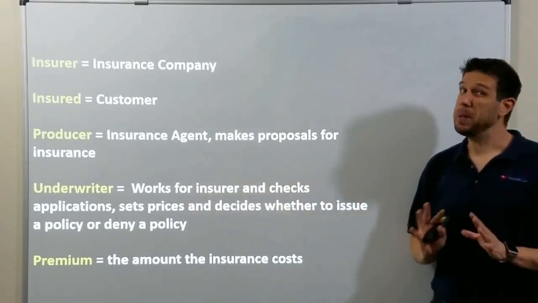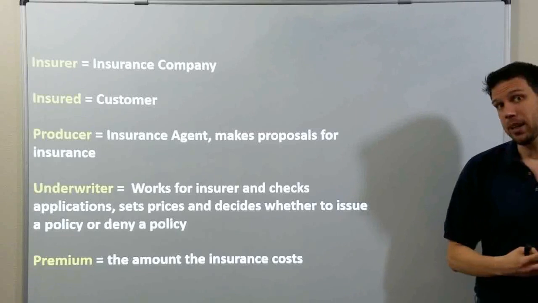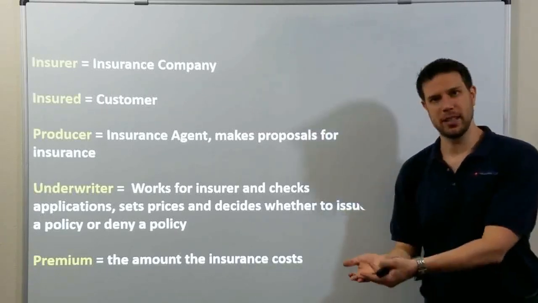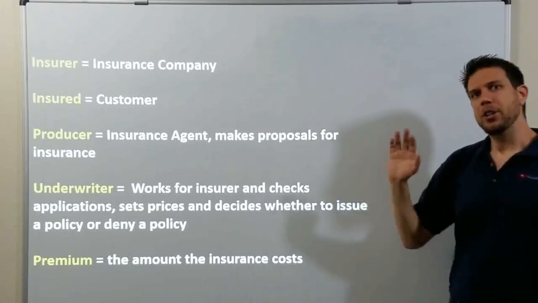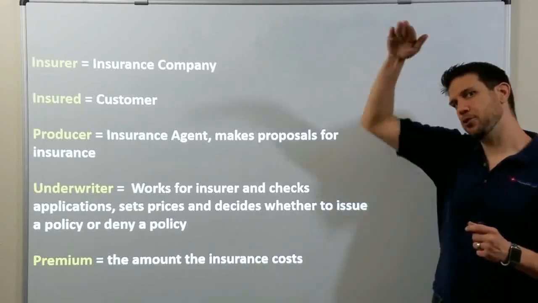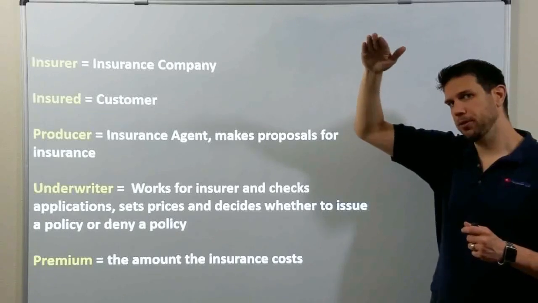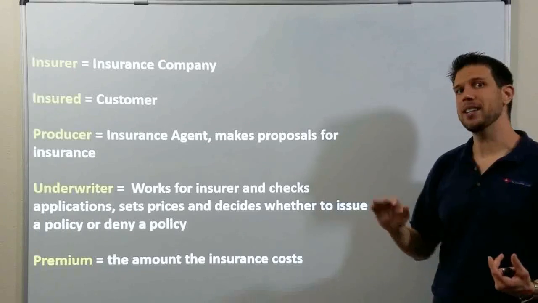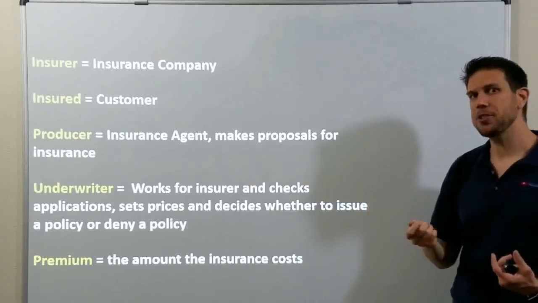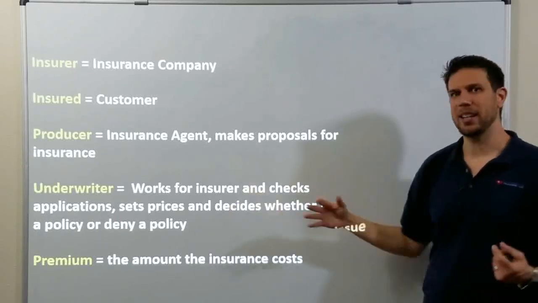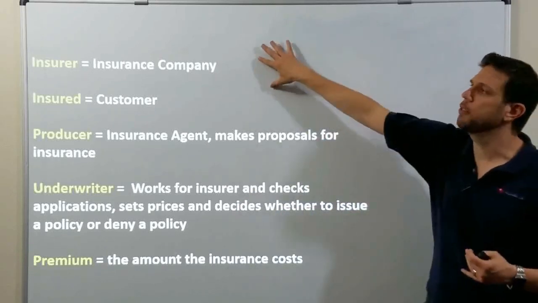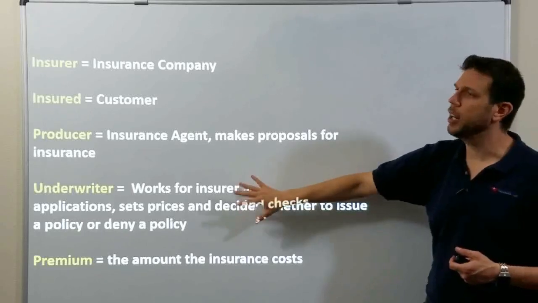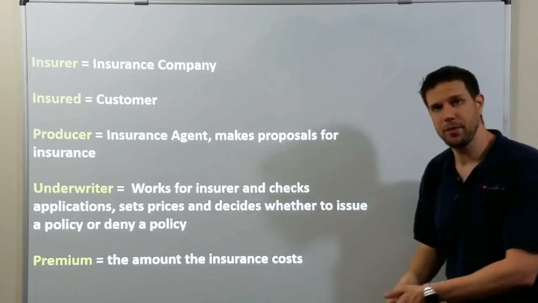Underwriters can be kind of picky depending on the insurance company. For example, let's say you tried to sell a homeowner's policy to a customer. You take pictures of the house, and there's a tree branch over top of the roof. The underwriter might not approve that application until the customer cuts off that tree branch, because the underwriter's job is to help protect the insurer from having claims. So it's very beneficial to have good underwriting done up front.